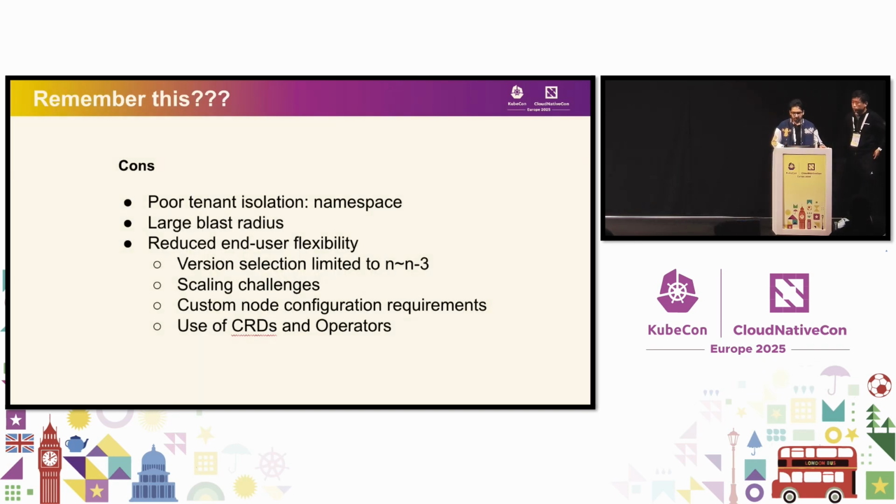Awesome. So I hope you remember this particular slide: the poor tenant isolation, large blast radius, reduced end-user flexibility, and the version selection stuff. So let's try to see if we can simplify that or solve these challenges, so that with the points specified for the huge cluster, this can also work, like we can find some solution for the cons